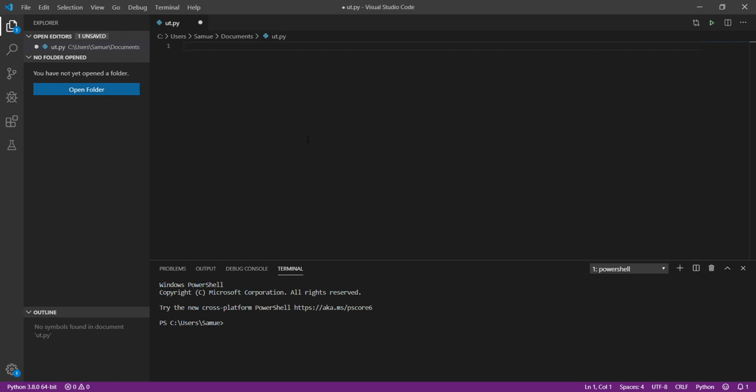So let's learn about loops today. There are two kinds of loops, while and for. Very easy to use. Such as, let me see,